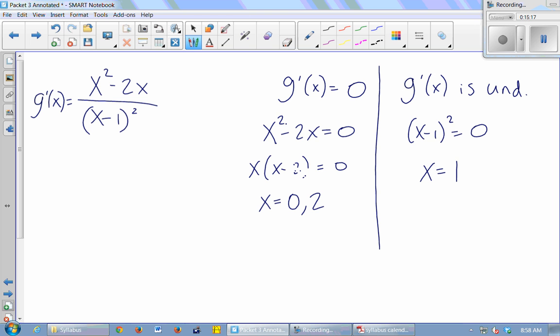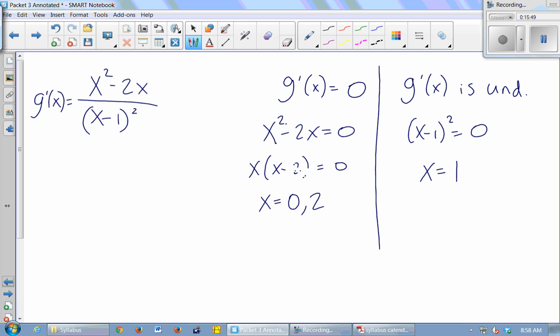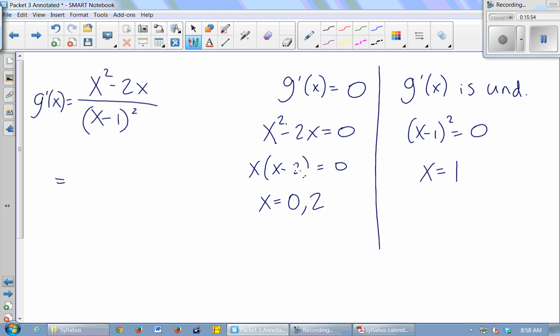Okay, so the thing that helps me decide whether it's a max or a min or neither is to look at the sign of the derivative on either side of your critical number. All right, so we're going to make a little thing called a sign chart. I'm going to put my critical numbers on it, 0, 1, and 2. And I want to analyze the sign of my derivative in between all of my critical numbers, on either side of each critical number. So my derivative was x squared minus 2x over x minus 1 squared. If I wrote this out in completely factored form, I'd have x times x minus 2,